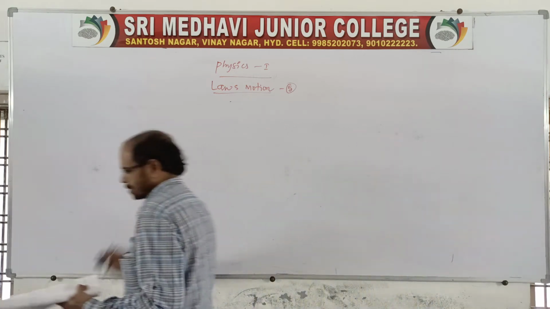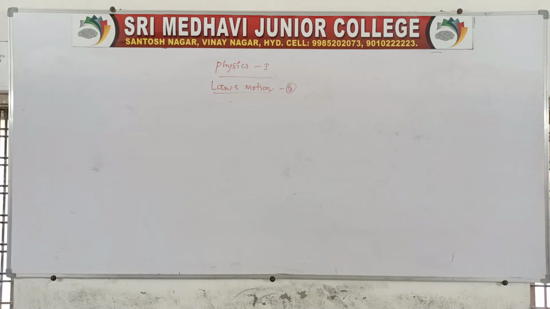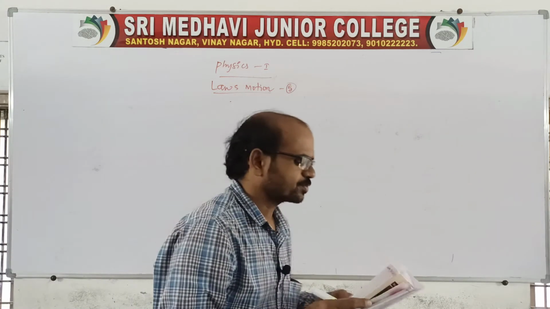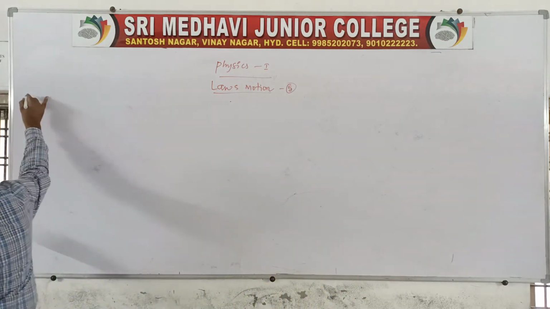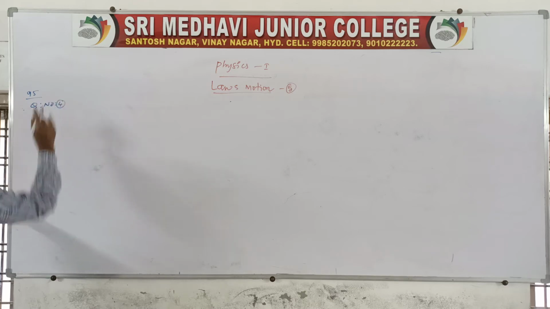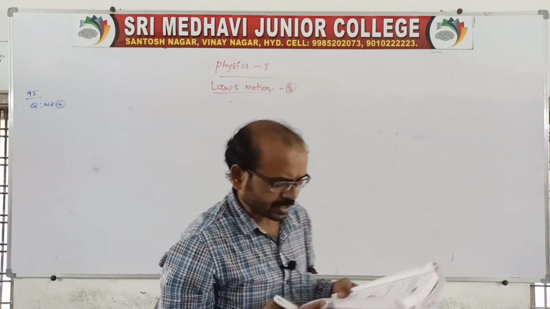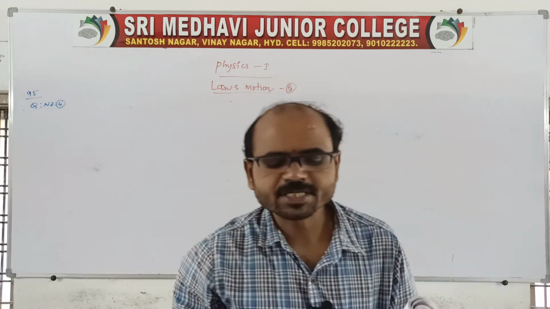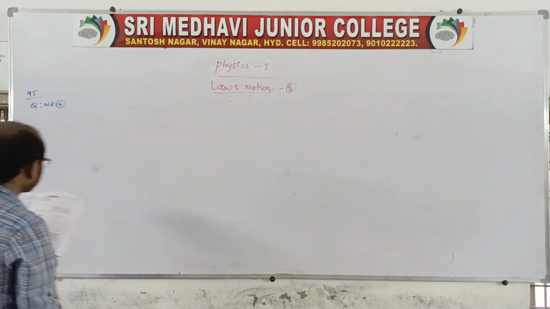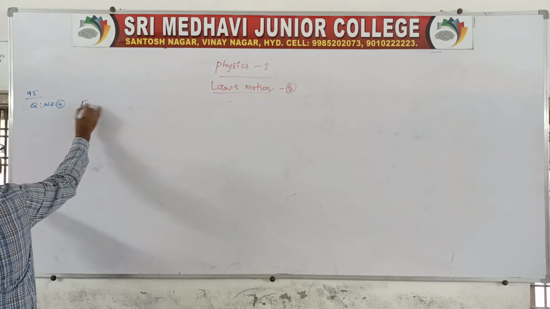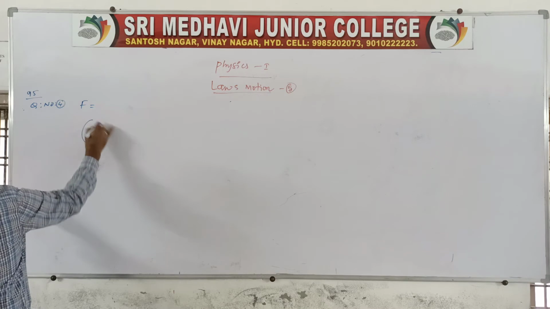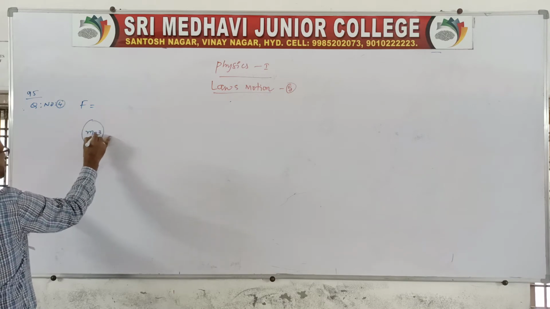Right. So coming to the next question, there is another question given. Look at question number 4, same page number 95. I'll read the question from the material. A constant force acts on a body of mass 3 kg. So a constant force is acting, that force we don't know, and the body has a mass of 3 kg.